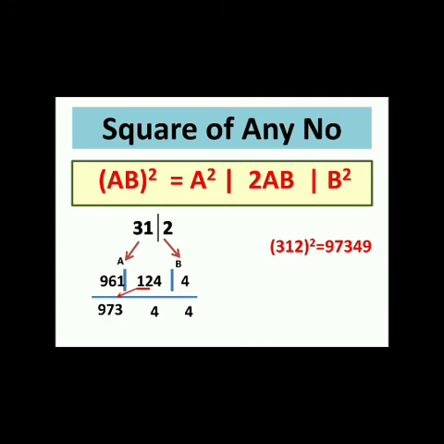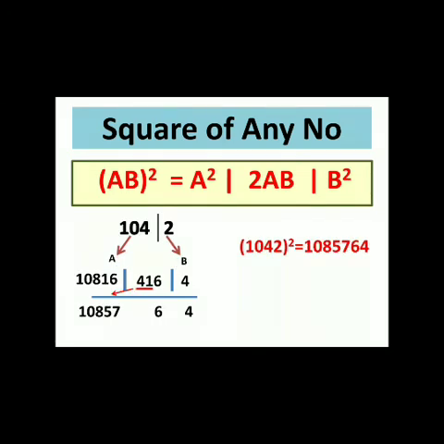So 961 plus 12 will give me 973. Okay, so my answer for 312 ka square is 97344. Okay children, so that is our answer. Our next number is